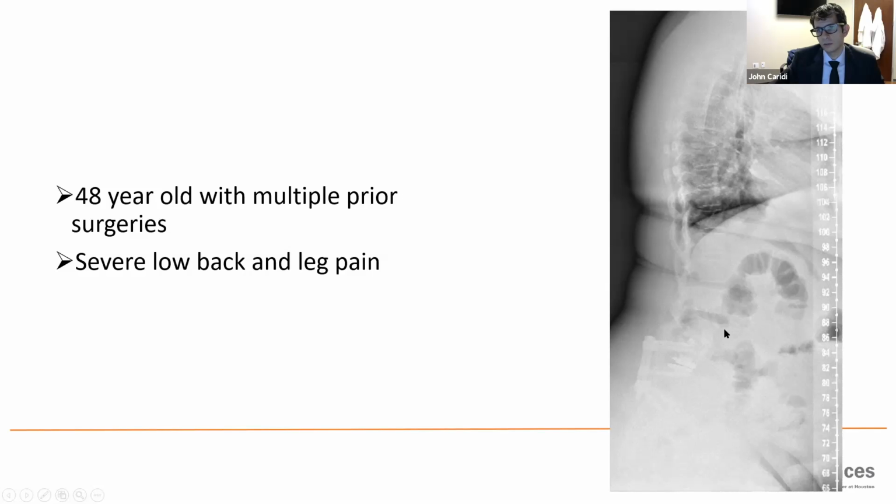So she's maldistributed. The majority of her lordosis is actually at this disc, which is L2-3. So I didn't think giving her more lordosis at L2-3 is really going to help her. Nor do I think taking out the L4-5 XLIF and trying to do an ACR at L3-4 would help her either.